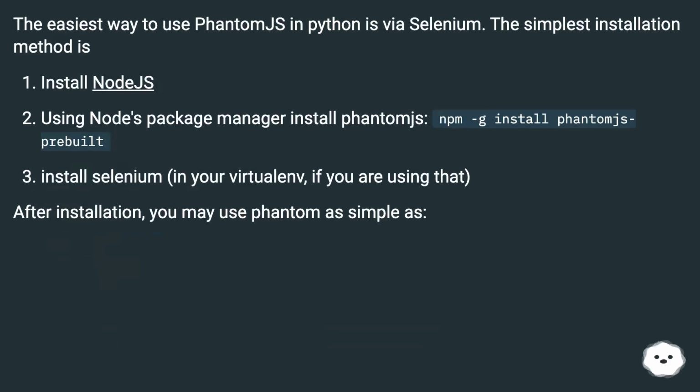The easiest way to use PhantomJS in Python is via Selenium. The simplest installation method is to install Node.js. Using Node's package manager, install PhantomJS: npm -g install phantomjs-prebuilt. Install Selenium in your virtual env if you are using that. After installation, you may use PhantomJS as simple as